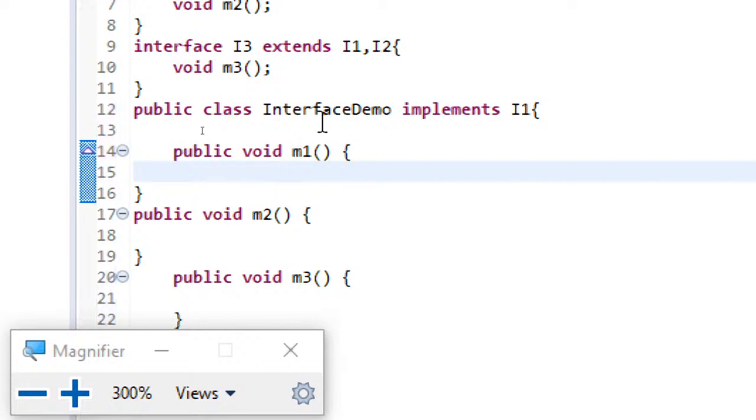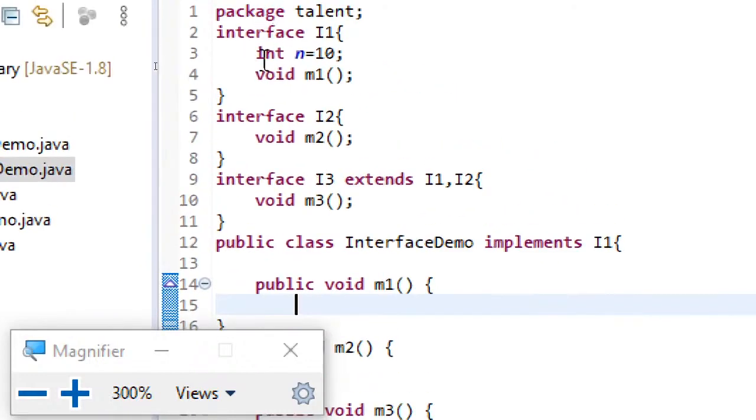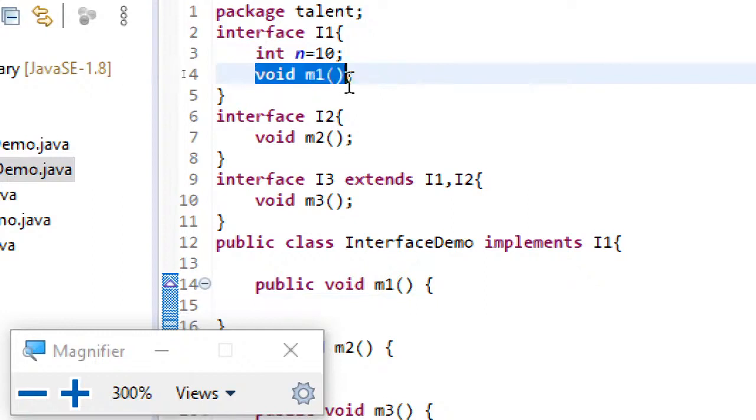Once again, I repeat all the statements I mentioned with regard to these interfaces. By default, all the variables declared inside an interface, whether we specify it or not, are treated to be public static final variables. And by default, whether you declare it or not, all the methods that you define inside an interface are treated to be public abstract methods. So these are the points that need to be understood with regard to interfaces.